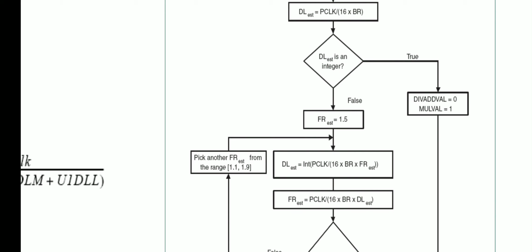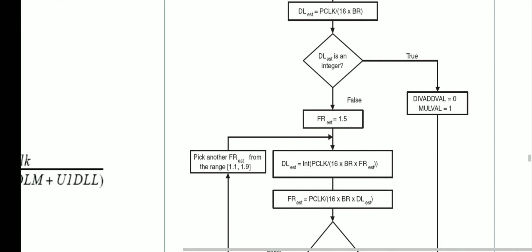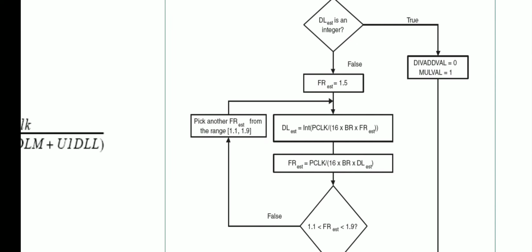If DL estimated is an integer, and this condition is true, then DIVADDVAL is 0 or MULVAL is 1.